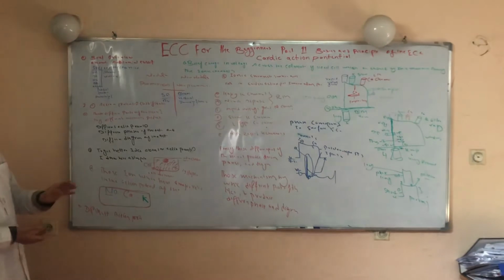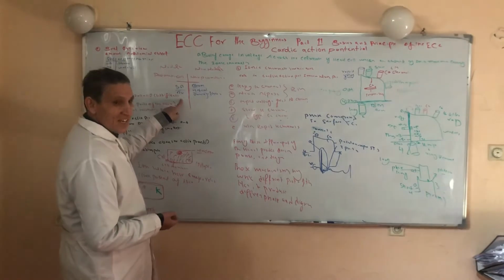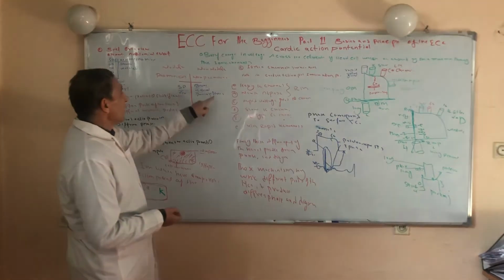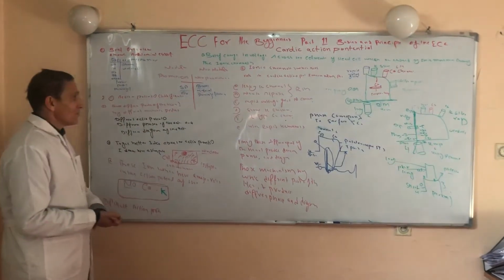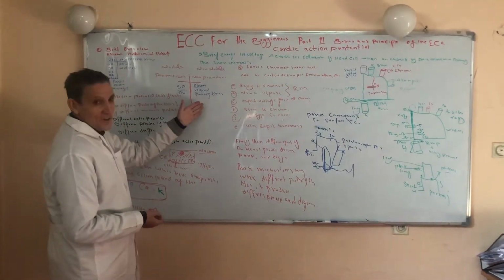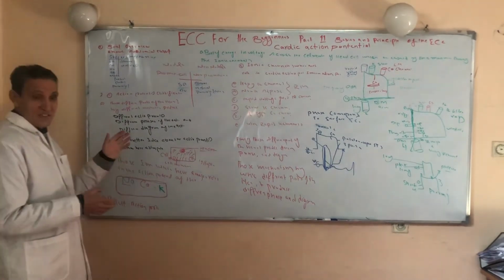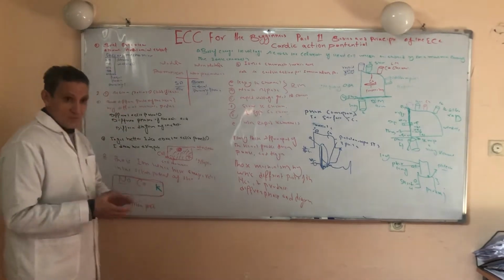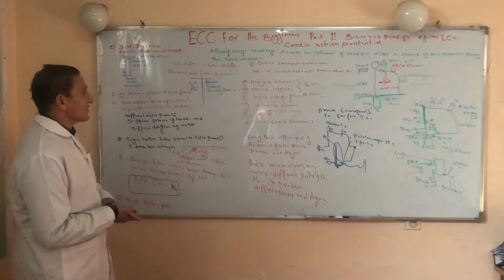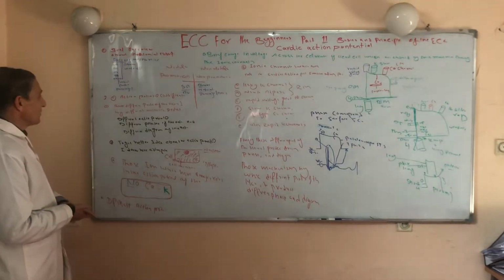The tissues represented by pacemaker cells are the SA node and the AV node, and those represented by non-pacemaker cells include the atriums, ventricles, and Purkinje fibers. The Purkinje fiber is shifted from the electrical system to the non-pacemaker cells. This is a little difference between the anatomical classification and the action potential classification. In the action potential classification, pacemaker cells are just the SA node and AV node, and non-pacemaker cells are the atrium, ventricle, and Purkinje fibers.